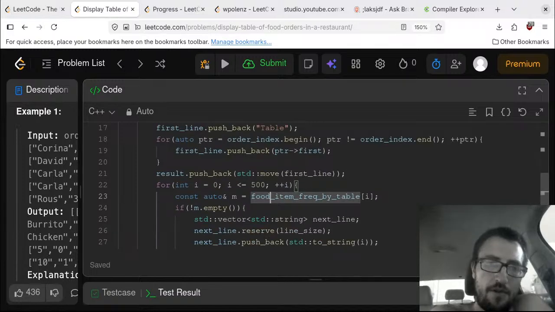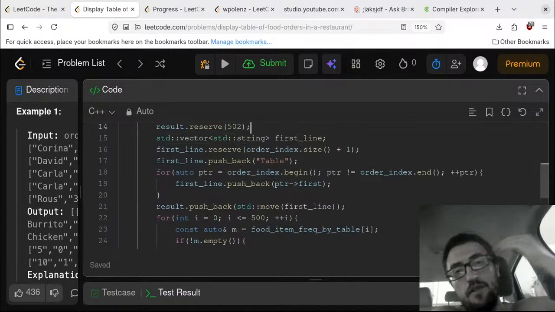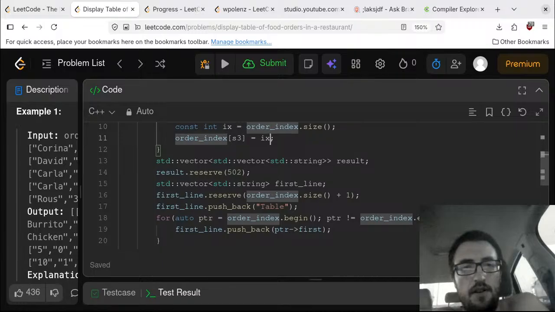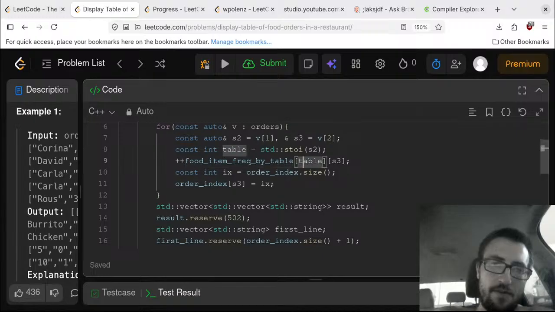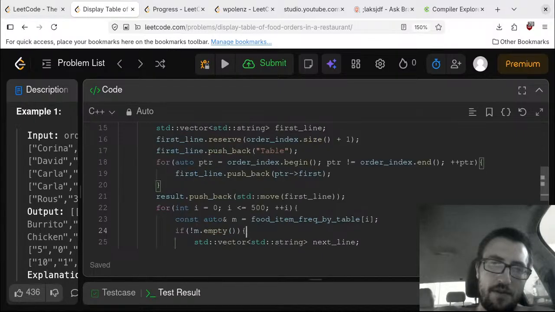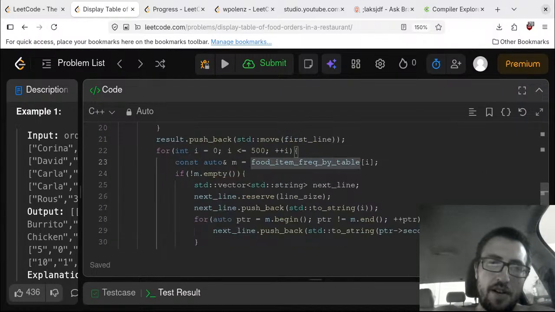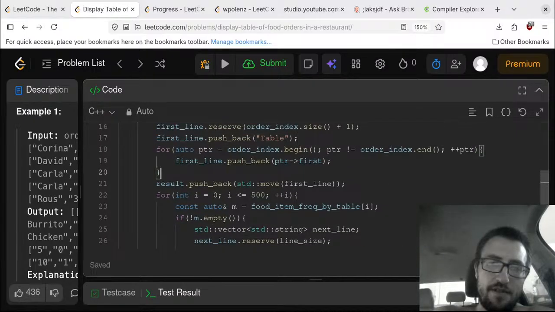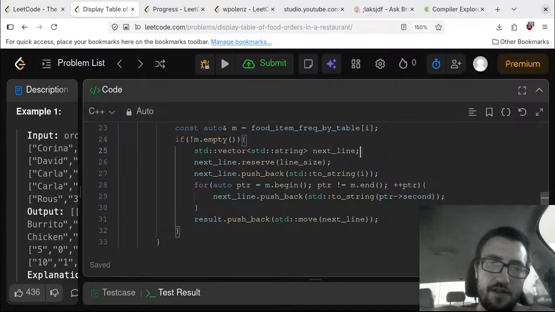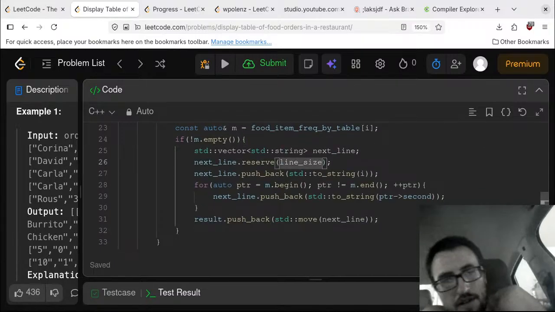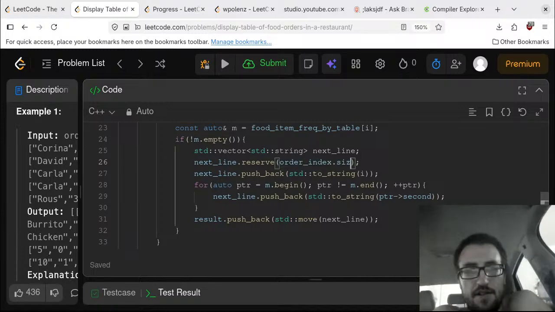Food item frequency by table. So the deal with this is, okay, next line size doesn't do line size. It's going to be order index.size. This one. Push back the number, and now we're going to do